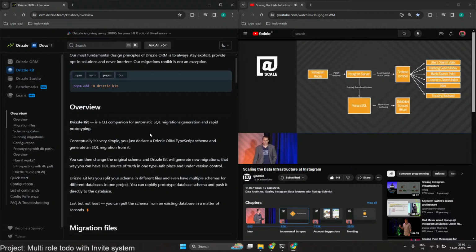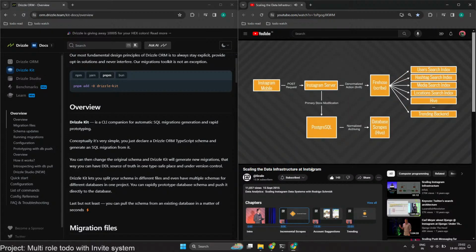So it looks something like this. You have your mobile app, and that translates into requests that are being made to the Instagram server. And then the Instagram server, as it notices the action is taking place, will normalize that data and push it into this fire hose, the Scribe stream, that can be read then by multiple systems. So you can think of all the indexes for search actually read directly from that stream. And that's user search, hashtag search, media search, location search. Hive also reads from that stream, and that's how we get the actions in Hive too for batch processing. And even trending reads from that stream, and that's how we get trending hashtags and trending places.